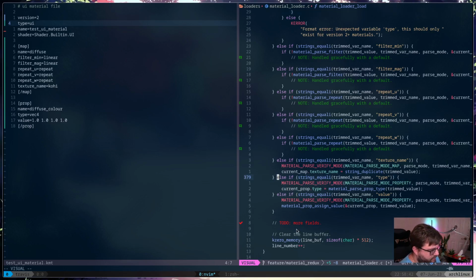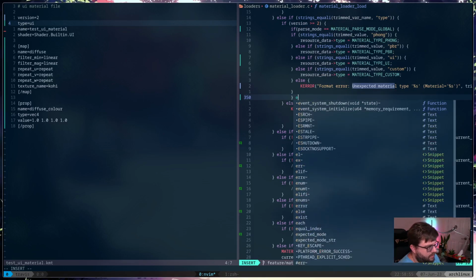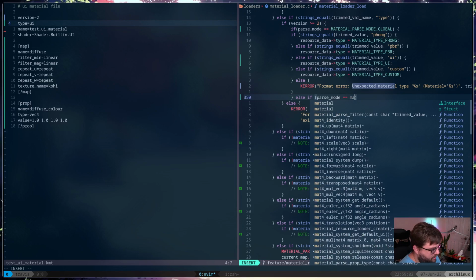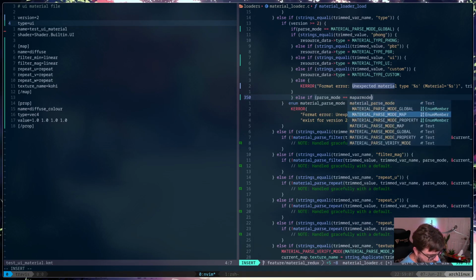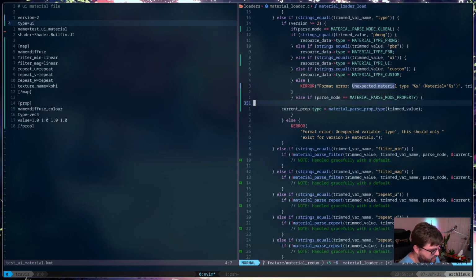So this actually belongs up here. So else if parse mode is material parse mode property, then we can do that.